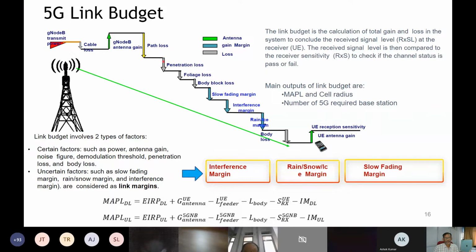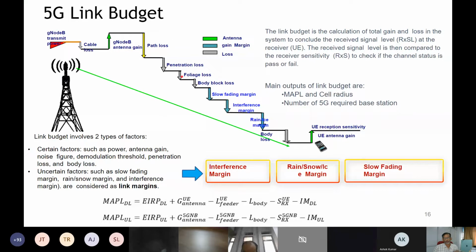Then we have got the penetration loss, like if you are sitting inside a building, then you suffer the wall loss. Like in 5-star hotels, you have got multiple walls in the conference hall. You may have wooden paneling, you don't have open windows, so it varies. So penetration loss is a factor. Then foliage loss. This is particularly more in higher frequencies, like when you talk about mmWave and all.